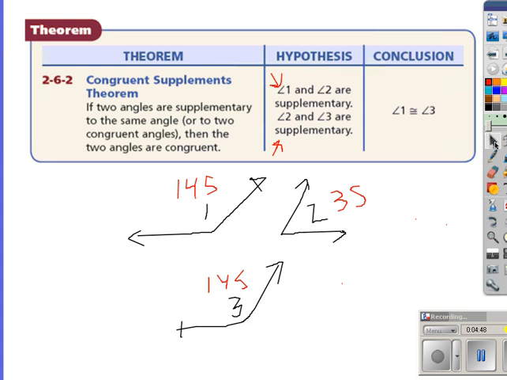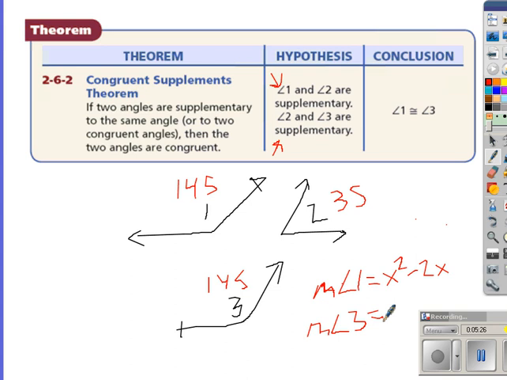But if we start putting something a little more complicated together, if I say that the measure of angle 1 equals x squared minus 2x, and then they ask you, what's the measure of angle 3? Well, the long way would be to try and figure out what the measure of angle 2 would have to be, and then use that to find the measure of angle 3. The easy way is to use this theorem as a shortcut and skip anything with the measure of angle